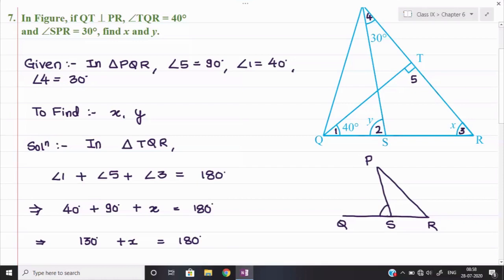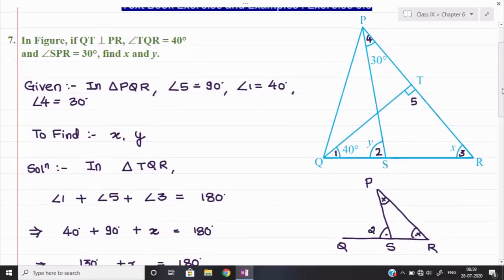Can we say that this angle is equal to the sum of these two angles? Observe the angle I have marked as dot, that is the exterior angle, and the angles I have marked as cross will be the two interior opposite angles. So angle PSQ. Now in the main figure, look, which is angle PSQ? That will be angle number 2. Okay, and then look at the angle SPR. I will show you the point P. Look at the angle SPR.